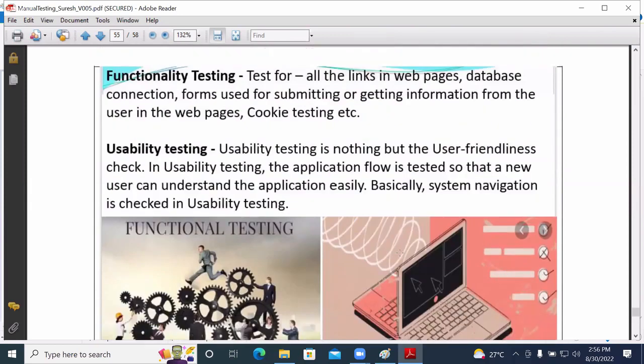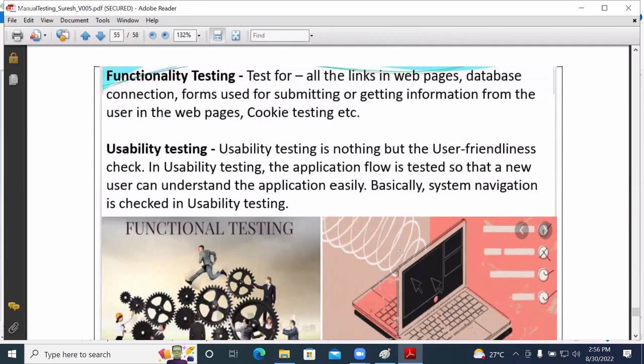In a similar way, we have functionality testing and usability testing. Meaning of functionality testing is testing whether each and every particular functionality is working or not.